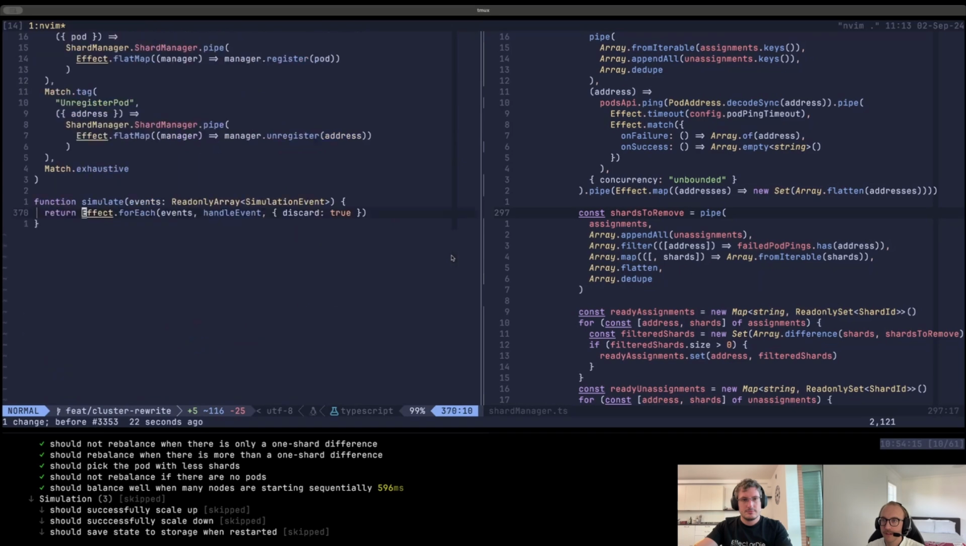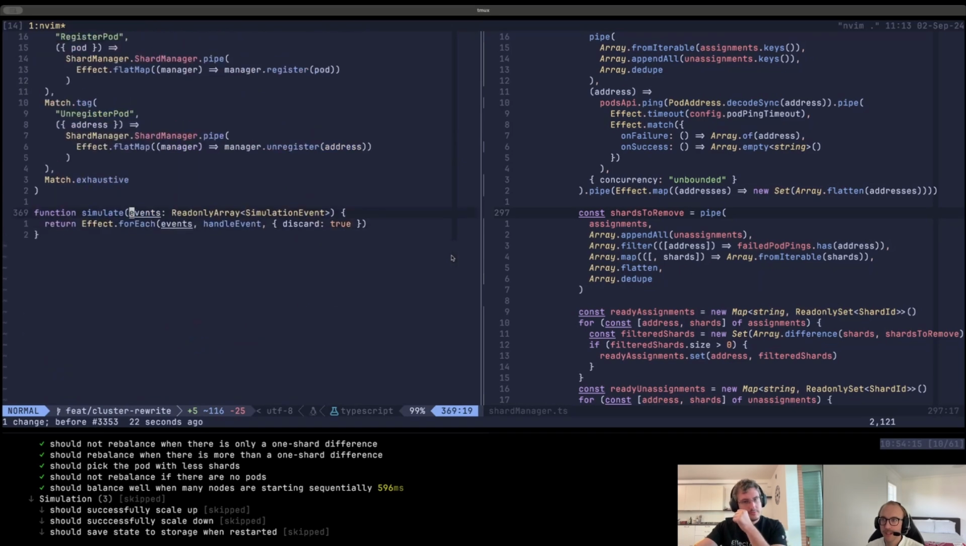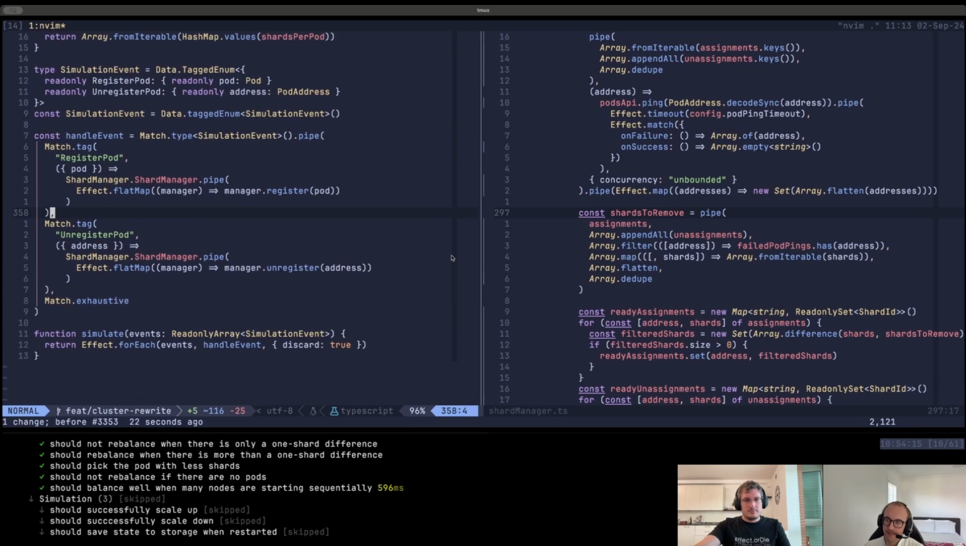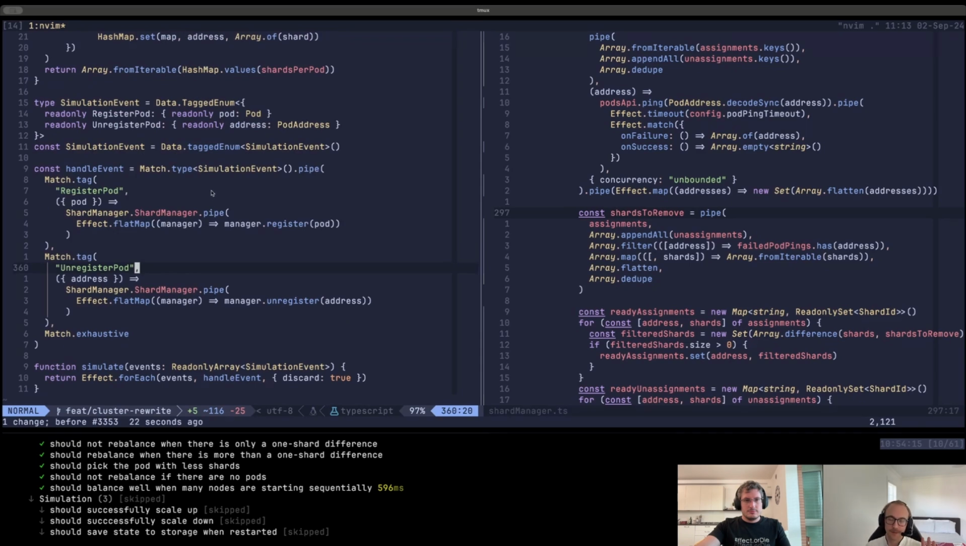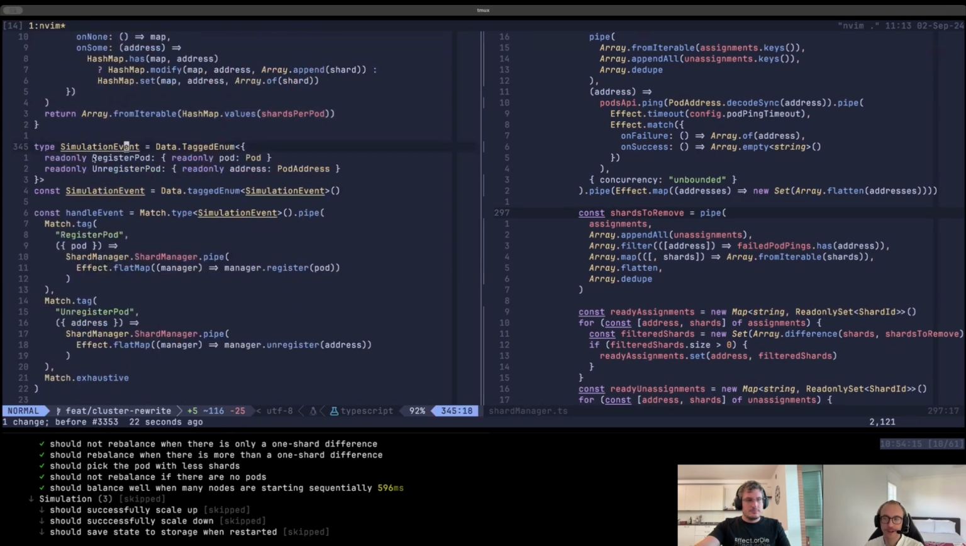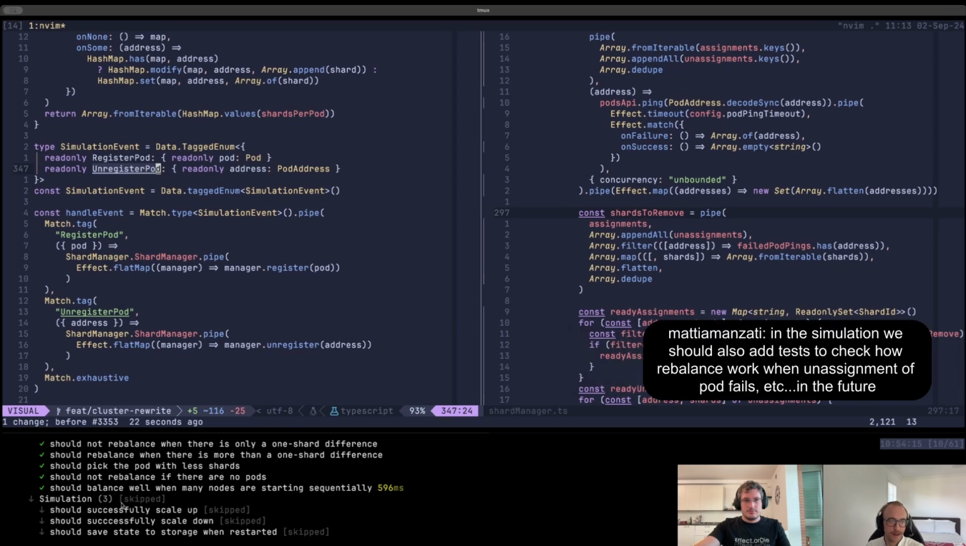So this simulate function basically takes in a read-only array of simulation events. So basically things that we want to trigger some behavior in the cluster. Again, this is for testing purposes to make some things easier. But basically, the simulation events that we have available to us currently are that we can register a pod or unregister a pod. And that's because at the moment, the only two things that require simulation events that I've written,